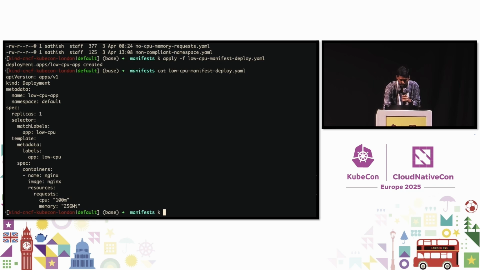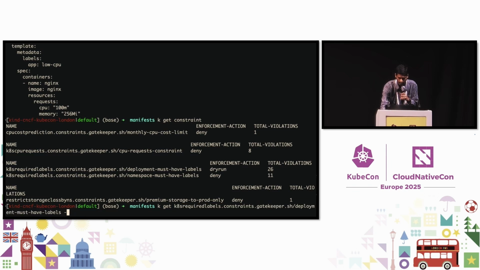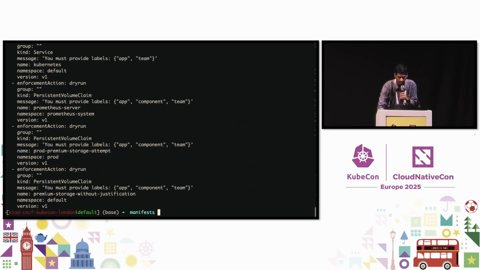I'll show you the violations here, and I will show the constraints. You can see the violations here, and I'm running in a different mode, the dry run. You can see clearly that these specific namespaces don't have the specific labels for tracking.